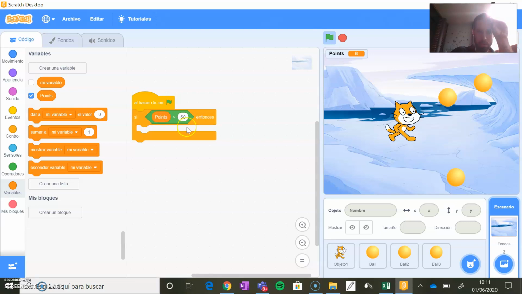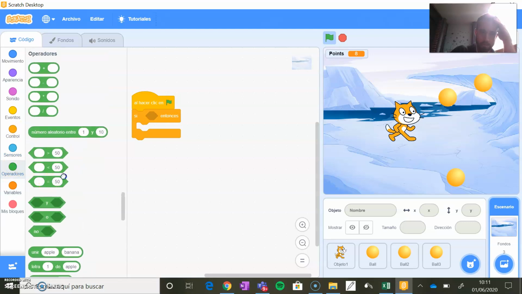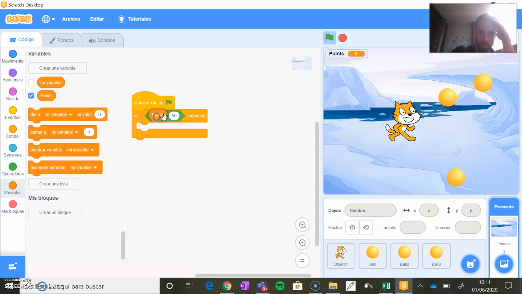If points is higher, if I need 10 points, that means being higher than 9. No, this is going to give me problems. Equal. If points is equal to 10,